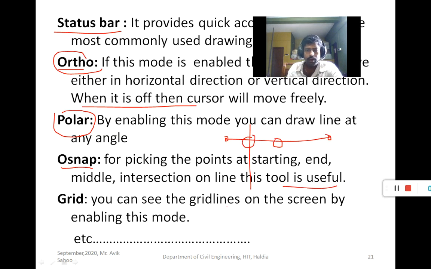You can see the grid lines on the screen by enabling grid mode in the status bar. If you enable grid mode, then grids will appear on the screen.